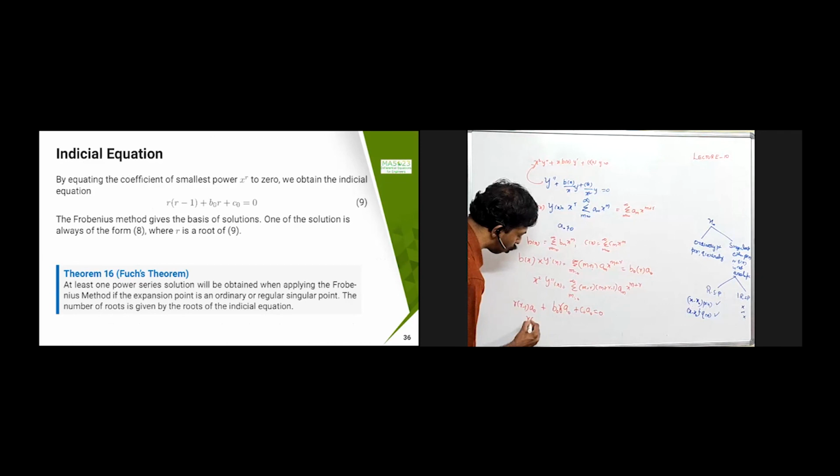The number of roots can be determined by this initial equation. From that we find r1, r2, etc., and using them, you substitute again in this equation and find the recurrence relations between a m and a m plus 1, etc. Then you can expand that and find the common terms. You will see those things once you solve some problems in the next class, and also we will see something about